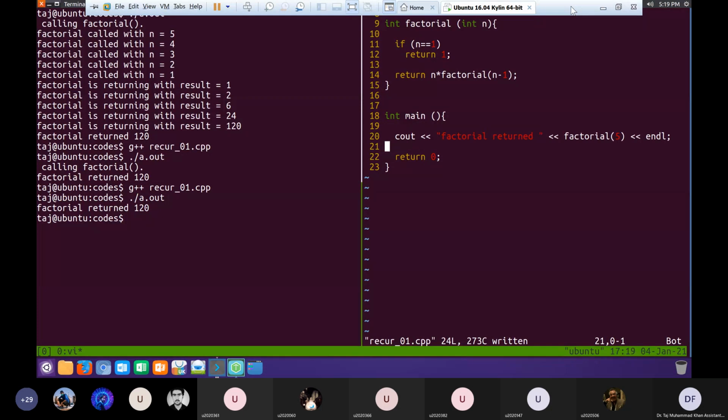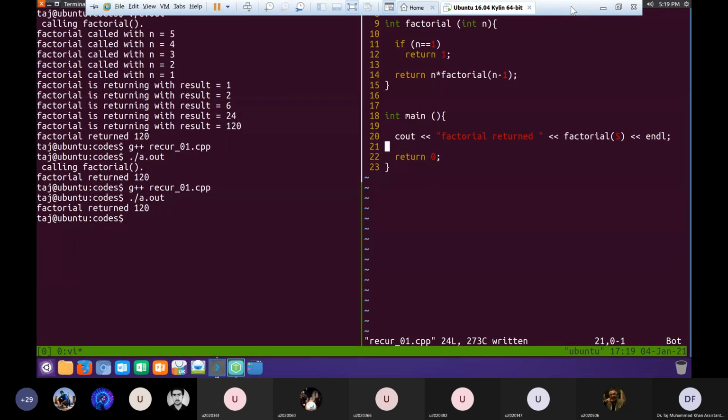Way easier than the other. I don't think it's that the code is actually the same, but the working is more clear in the last one. The last one was more verbose. There were a lot of couts and a lot of statements, but if you want to explain to somebody how it works, it was clearer in the earlier version than in this simplified version. Because in the simplified version, the return statement is also calling the factorial function, so it's difficult to explain to somebody that inside the return, a function call is happening, etc.